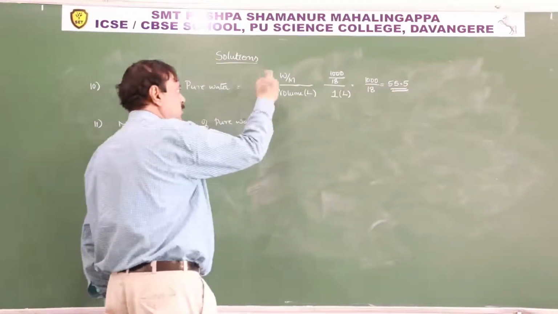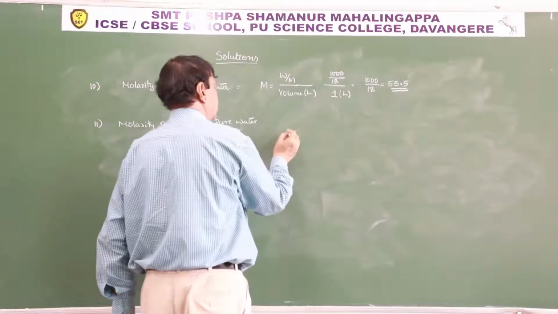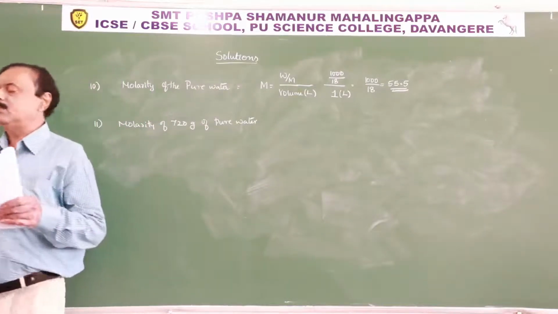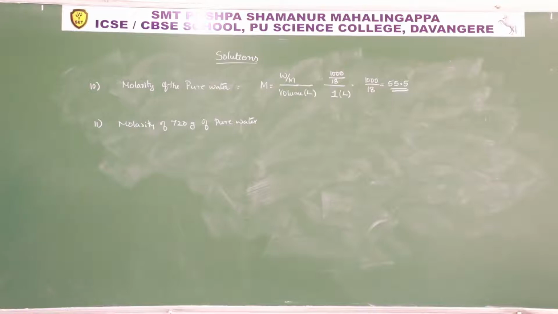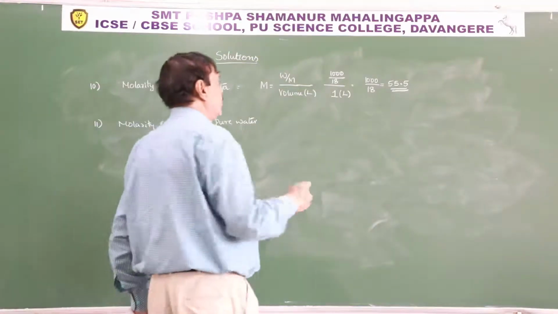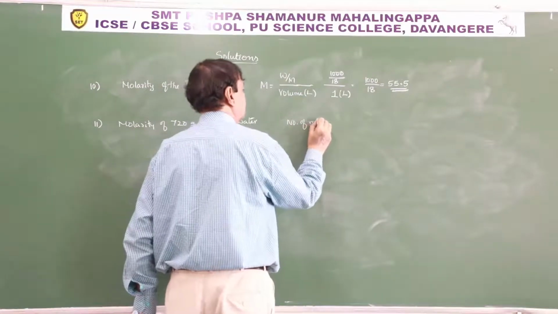In the same method you have to solve. That is given by means of the formula, whereas the molarity is always fixed. Number of moles of